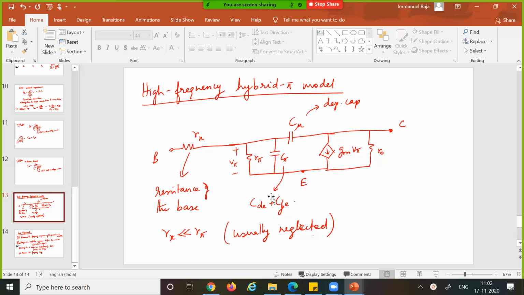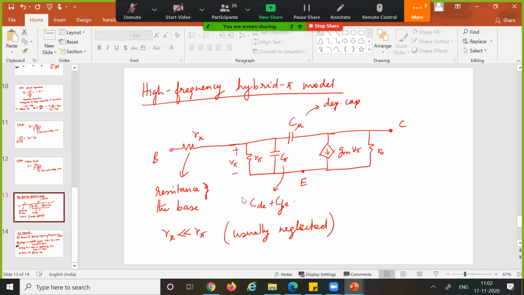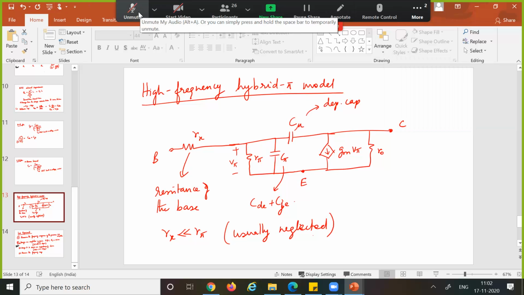One is called C pi. The origin of it is that there are two capacitances which give rise to it. CDE, which is because of the finite time that it takes for the charges to transit the base region, and CJE is basically because of